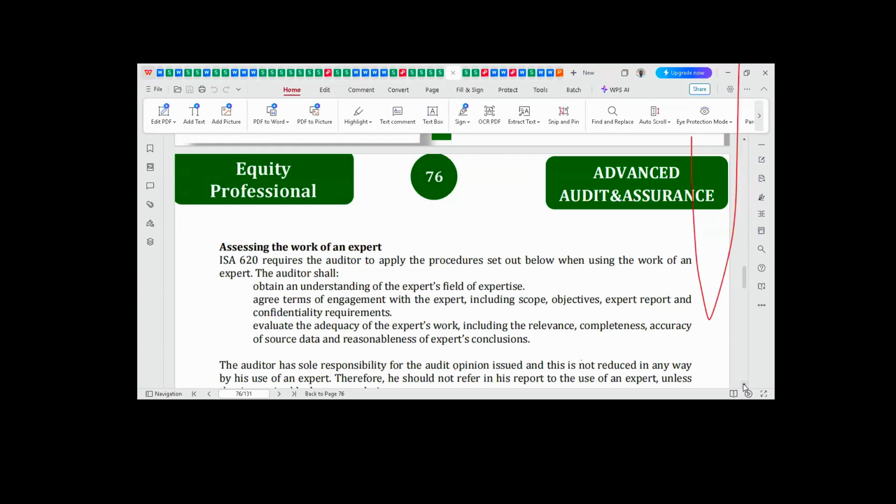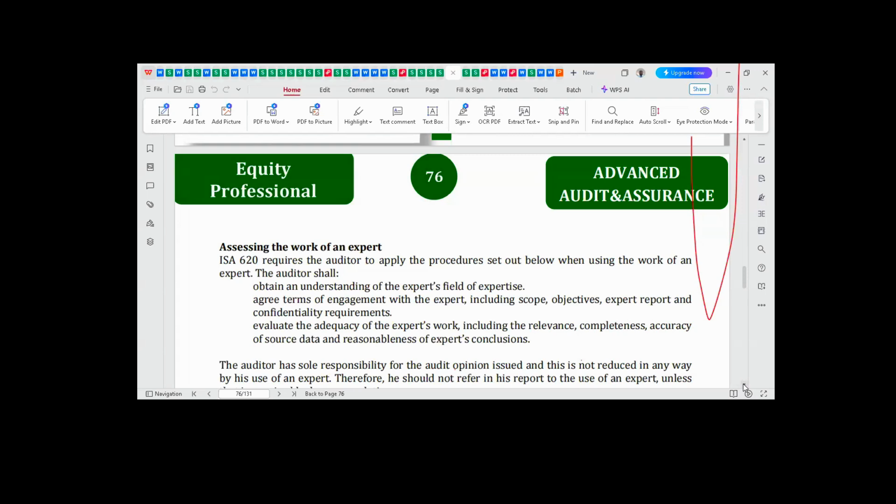The auditor will also evaluate the adequacy of the expert's work, including how relevant the expert's work is to the audit engagement, whether in the course of his work he was able to do a thorough job, that is completeness, and is able to provide accurate reports from the angle of the source data, source information,